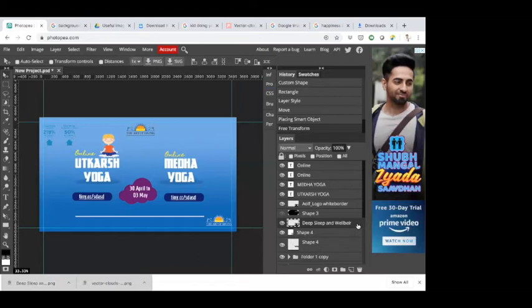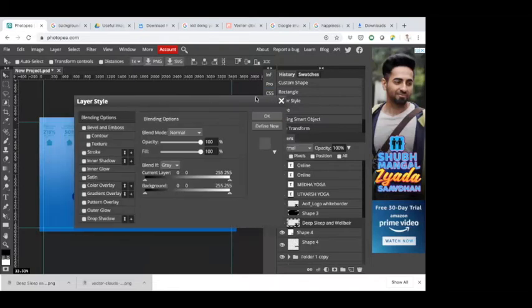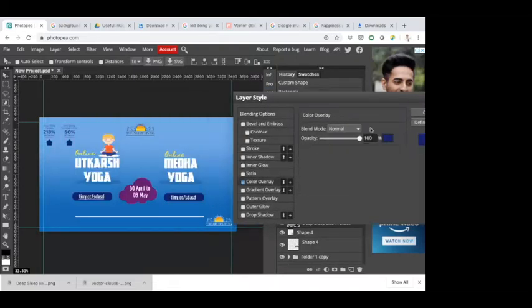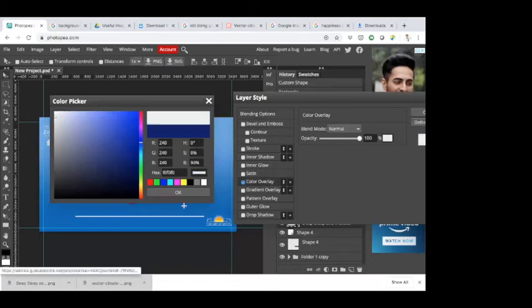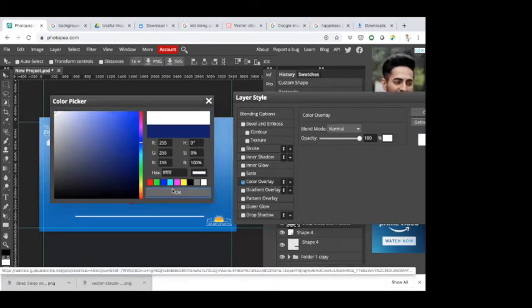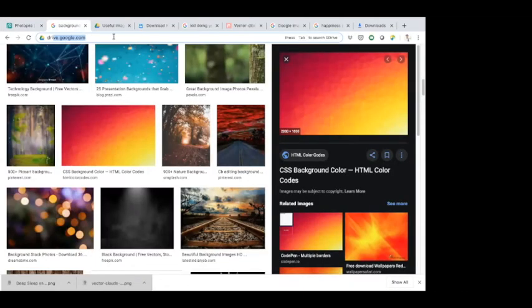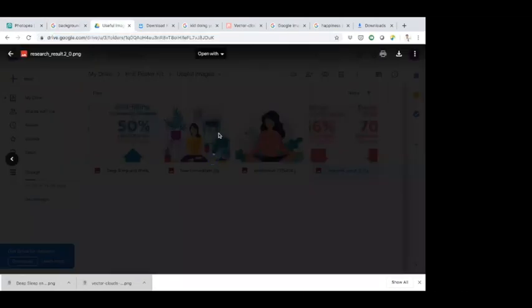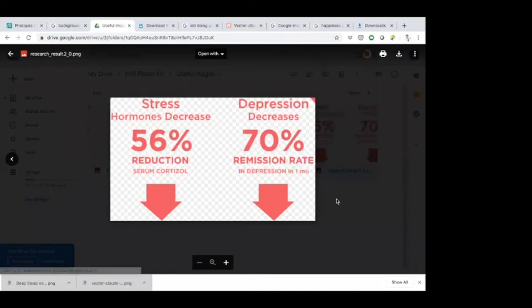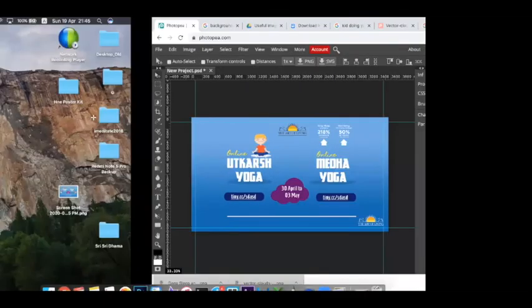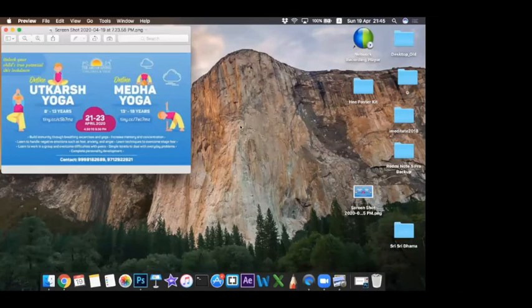Now the color is not matching with the background, so you can double click on the layer, click on color overlay, change it to full white, and then click OK. You can see that the color has changed. So based on that, you can actually change almost anything that you want. So you have the research highlights of stress decreasing, depression decreasing, all those things. So what I was saying is grabbing the interest of a person. Depending on the demographic, it would be different on each poster.